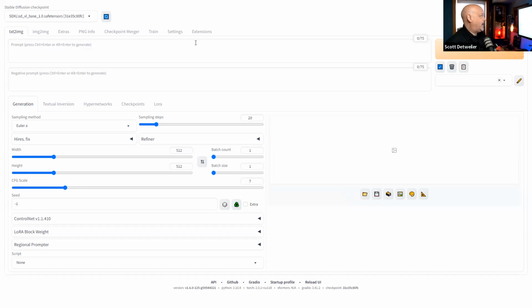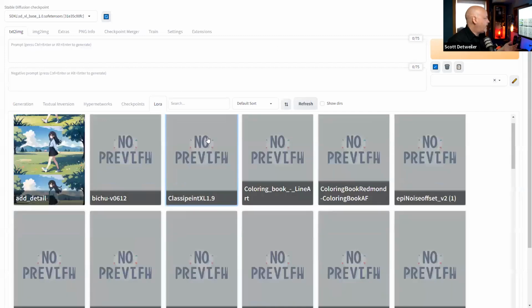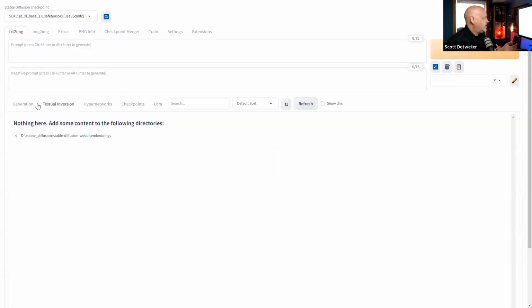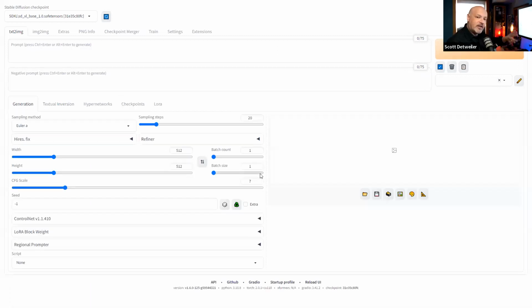We'll look at this briefly, but that's a very simple user interface, and we're focused mostly on the prompting, right? So the whole idea behind this engine is really to focus on prompt engineering and develop a skill set there to talk to these models and get the most you can out of them. But if you want to implement some LoRAs, you go down, find your LoRAs, pick the ones you want, pick different checkpoints, do different textual inversion things, whatever, but you're basically going through the user interface and finding the button or switch you need to flip and then making it happen.